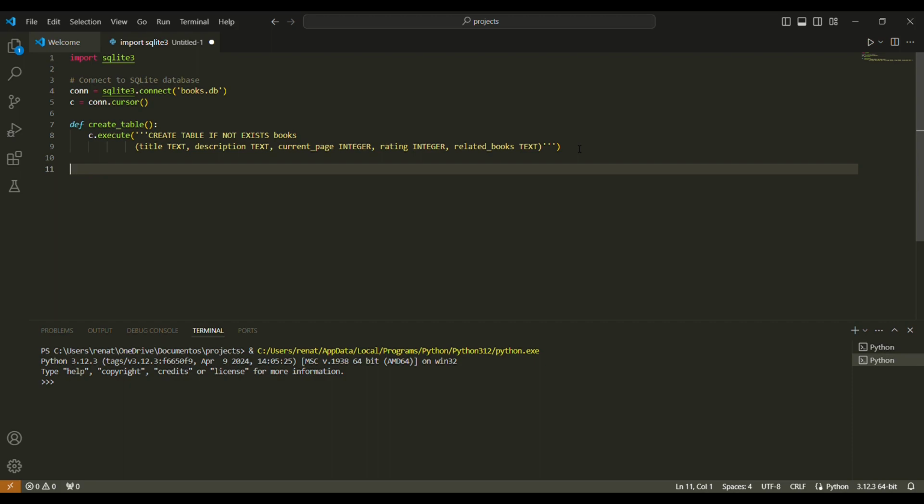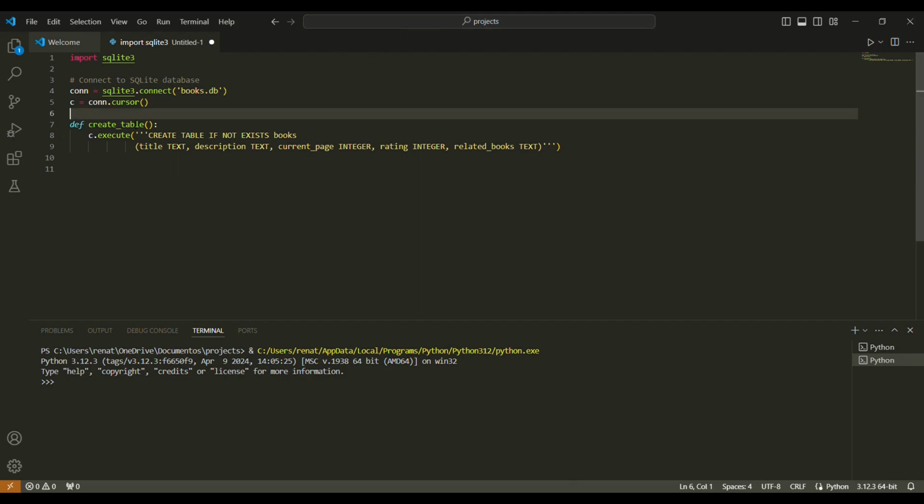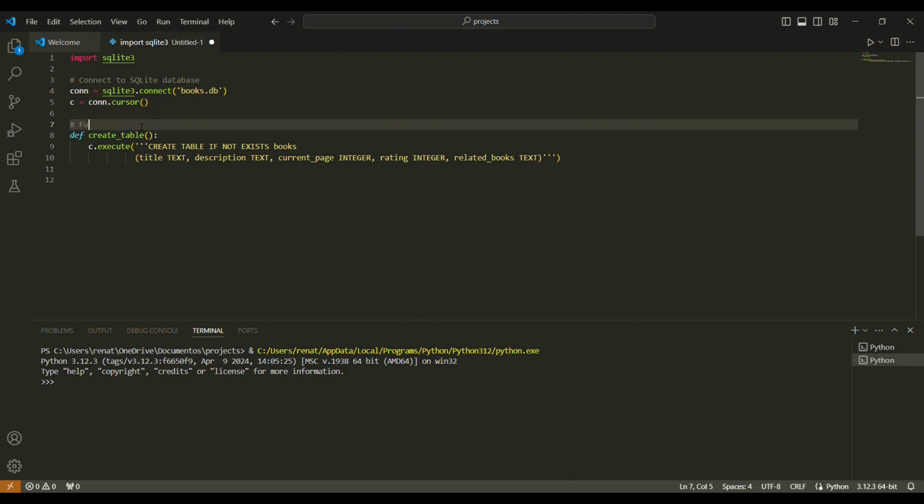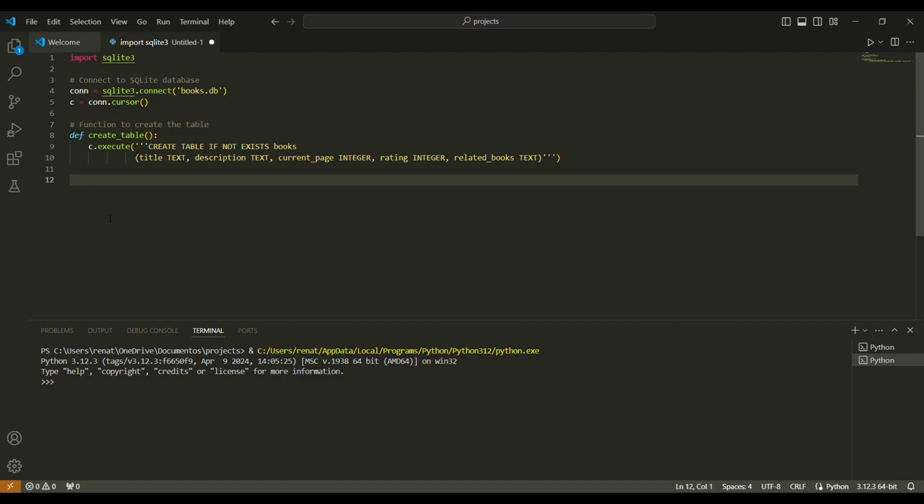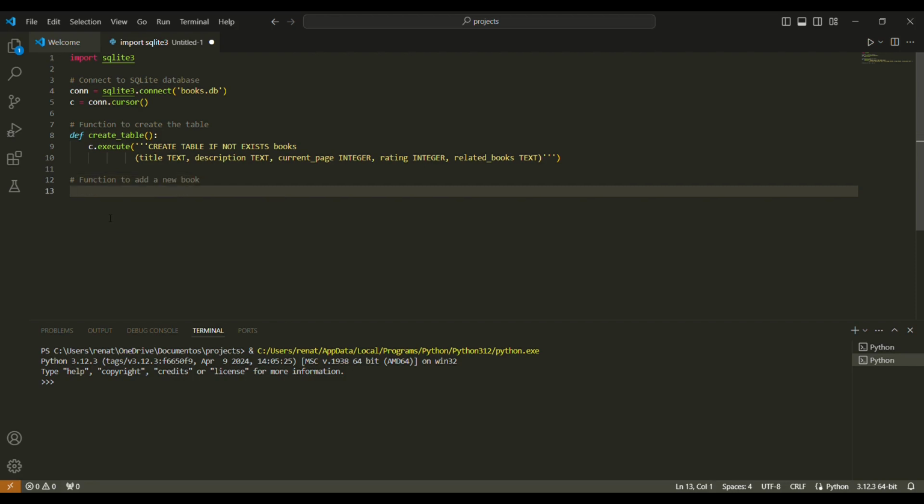So let's comment what we did here. Okay, and now we are going to build a function that will add a new book. Let's call this function add book,